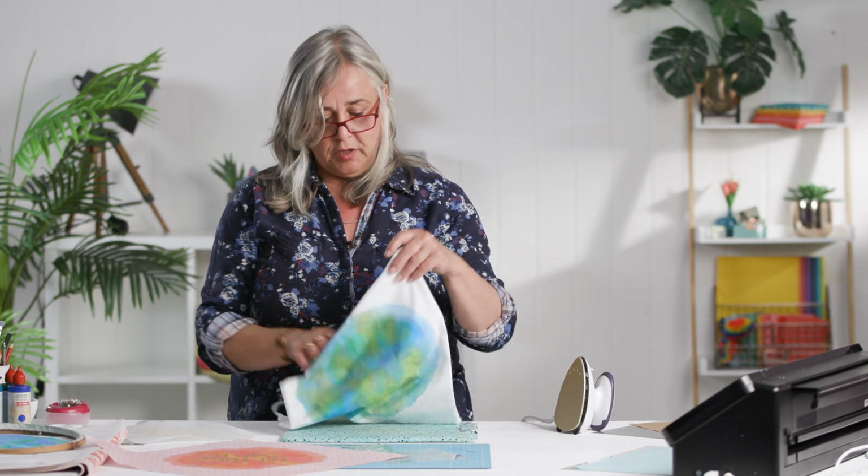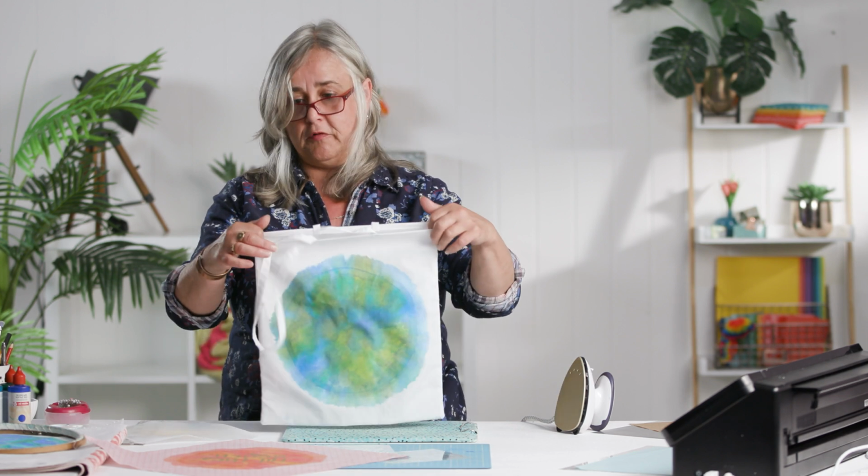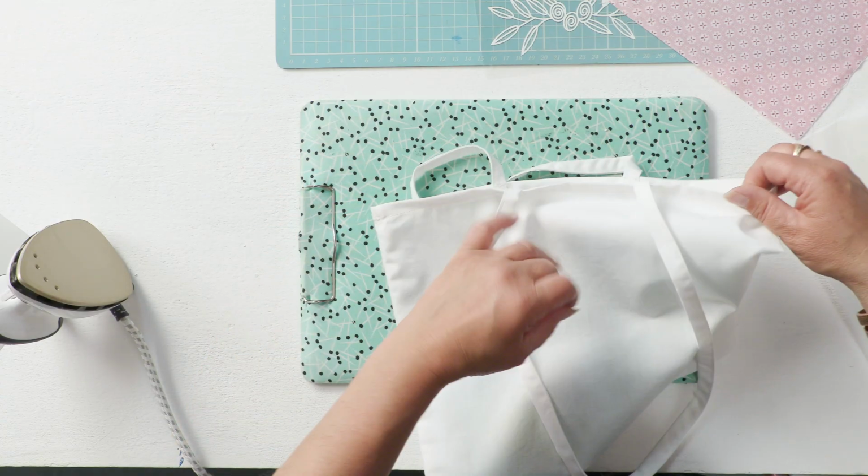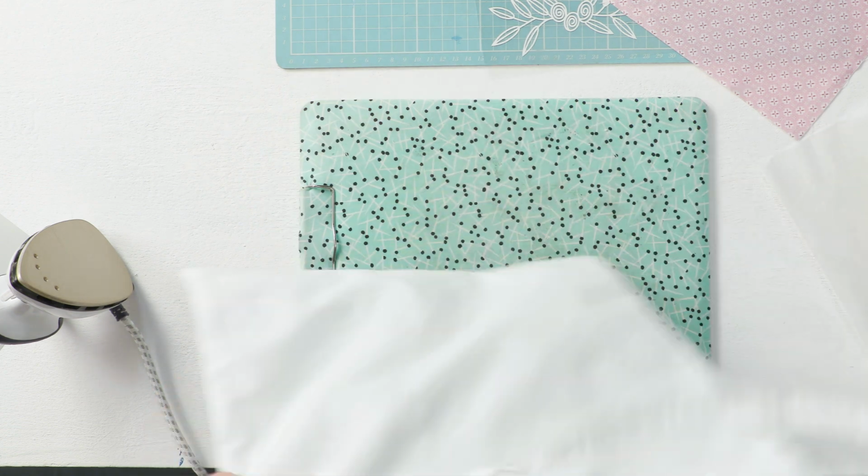And I'll try and put in the link, there's a video demonstration that I've done earlier, how to make an easy lined tote bag. So I'll put that link on there if you've never done one before. Essentially, this one's not lined, but it is just 2 rectangles of cotton fabric sewn together with a French seam, double hemmed at the top, straps made out of piping,